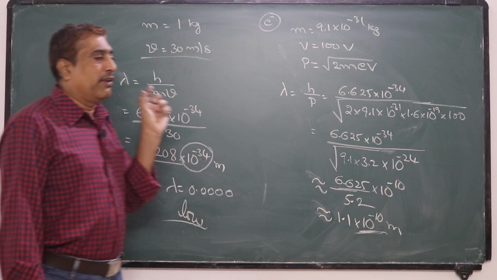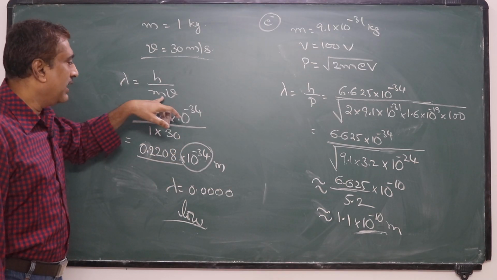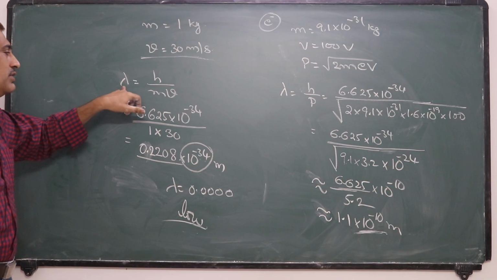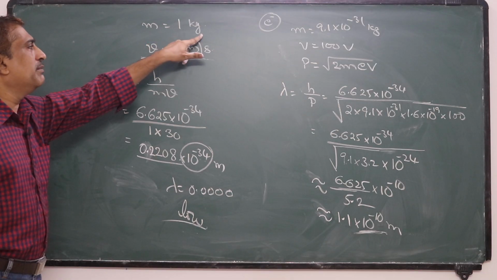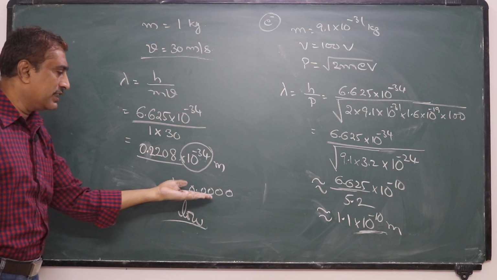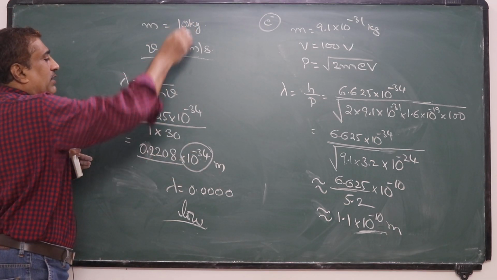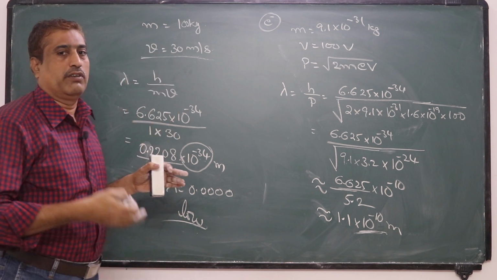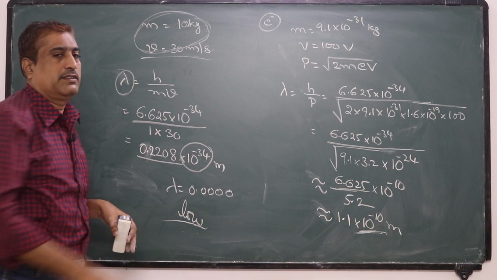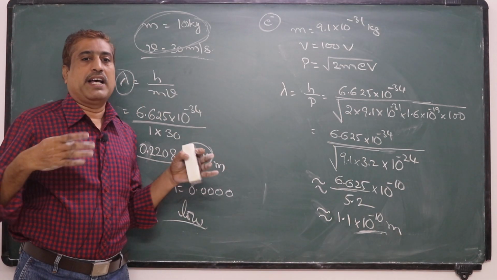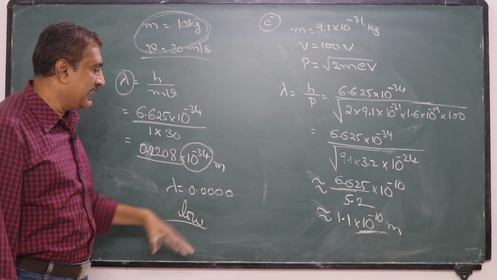That means for massive or macroscopic bodies, as their mass is high, the wavelength associated with it is low. Even a 1 kg mass moving with some velocity has such a low value. If we consider a heavy mass of 100 kg, the value is even lower. So as the mass of the body increases, the wavelength decreases. That's why for heavy massive bodies we can't experience a matter wave, because its wavelength is insignificant.